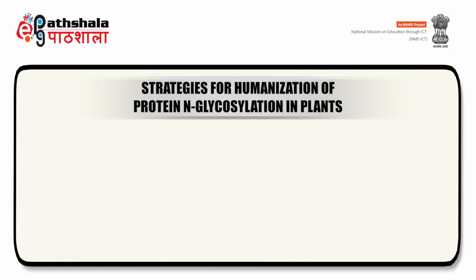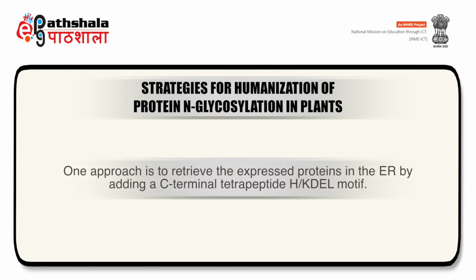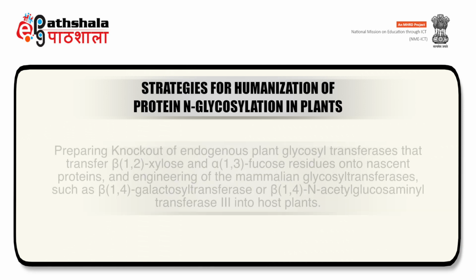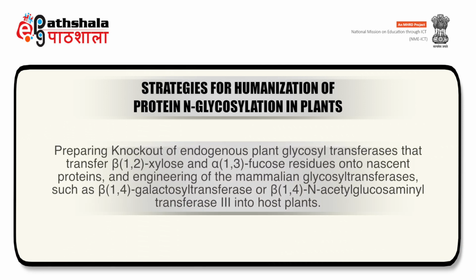Now we will discuss the strategies for humanization of proteins. The strategies for humanization of protein N-glycosylation in plants. One approach is to retrieve the expressed proteins in the ER by adding a carboxy-terminal tetrapeptide HDEL or KDEL motif. The procedure involves formulating knockout of endogenous plant glycosyl transferases that transfer beta xylose and alpha fucose residues onto